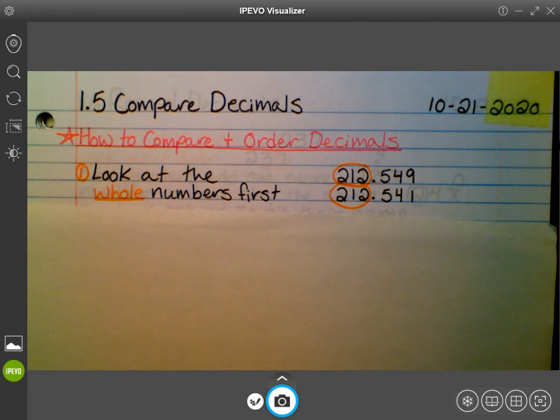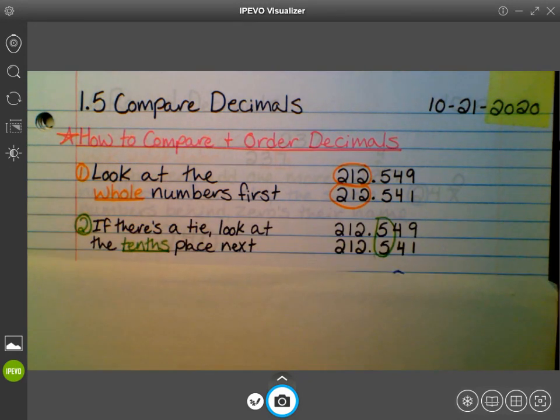Okay, 5th grade, if we follow this first step, we're trying to compare these two numbers. We're looking at the whole numbers first. What do you notice about the whole numbers in both of these numbers? Raise your hand. Will, what do we notice? They're the same, right? They're the exact same. So then, if that happens, we move on to step number 2, which is if there's a tie, meaning they're the same number, look at the